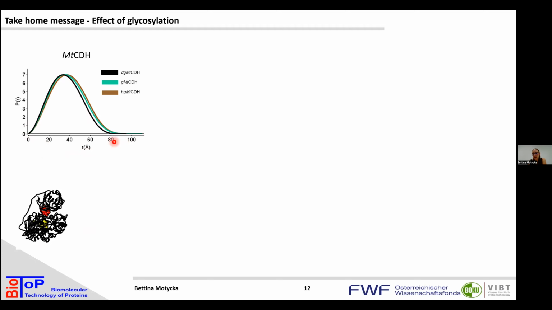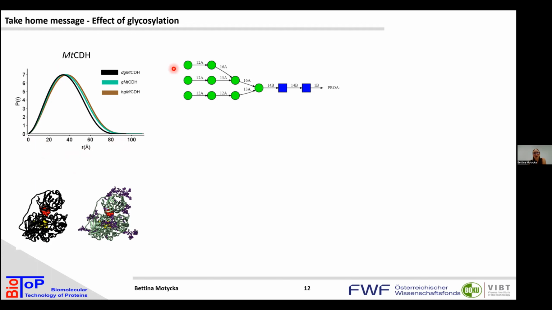But as it was deglycosylated before, actually the positions of the glycans were marked, and in this variant we have 4 different N-glycans. So in the first approach, the mannose tree was modeled onto all of these 4 positions, and you can see already here with the green curve that the peak is a little bit shifted towards higher